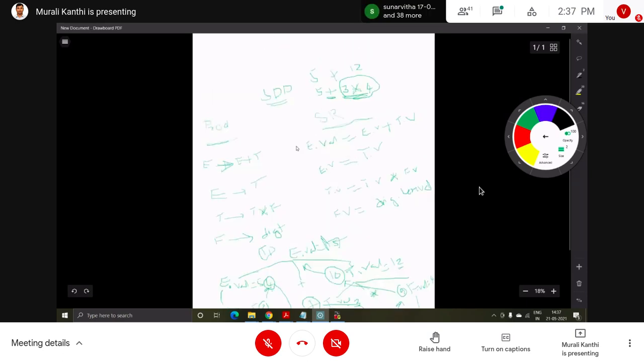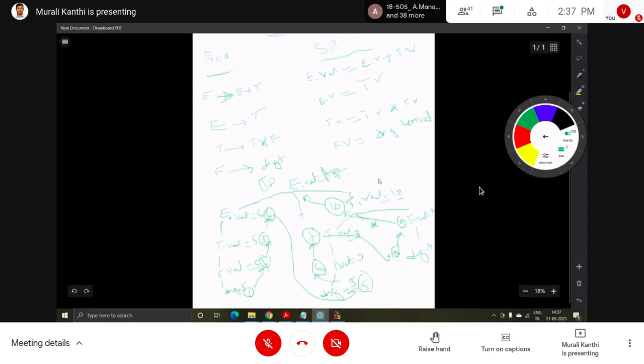Okay, so the grammar is given like this with the semantic rules. That means if a syntax directed definition is given for evaluating one expression, first the parse tree will be constructed, the annotated parse tree, then the evaluation order with the help of the dependency graph. So now this is called a graph.